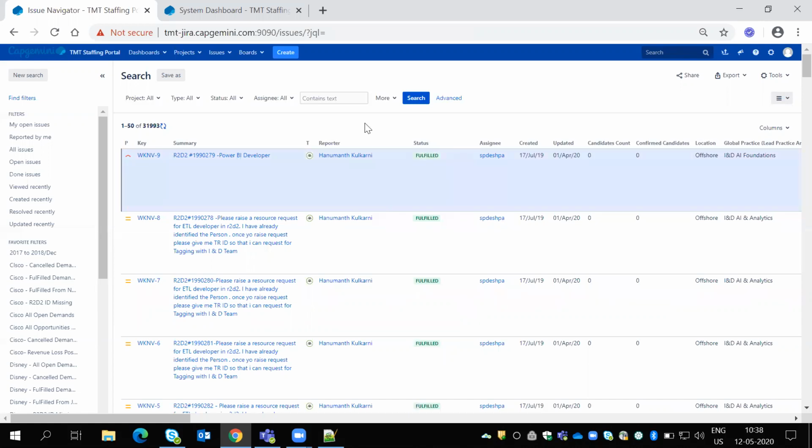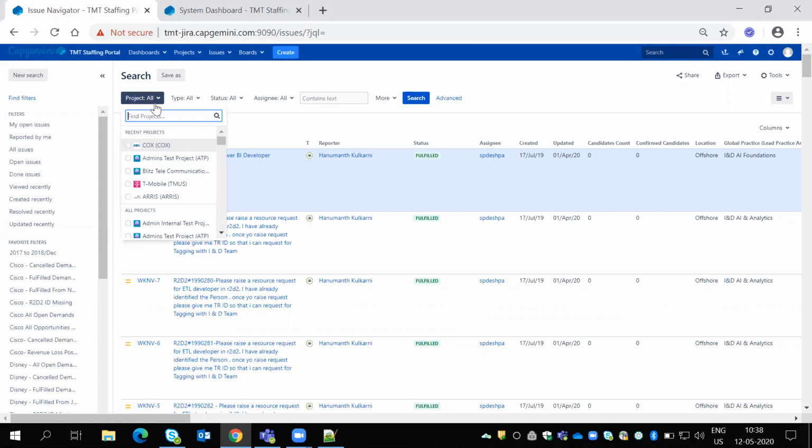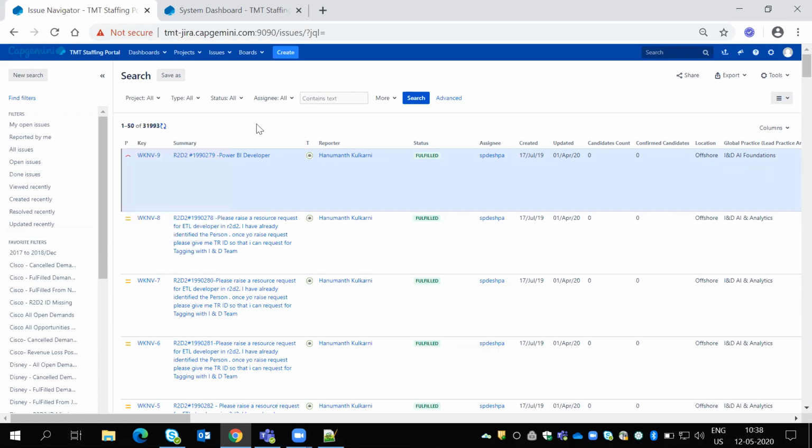Okay. And here I want one option, I mean date-wise. Suppose last 24 hours created tickets and last 30 days created tickets.